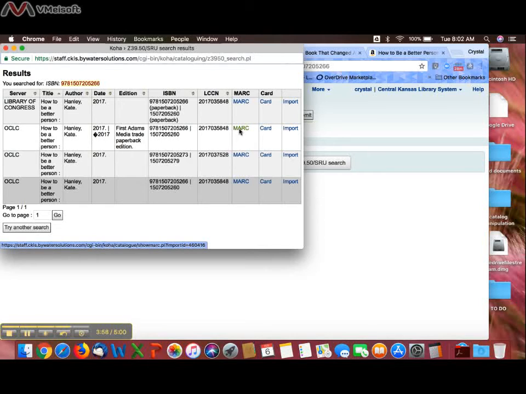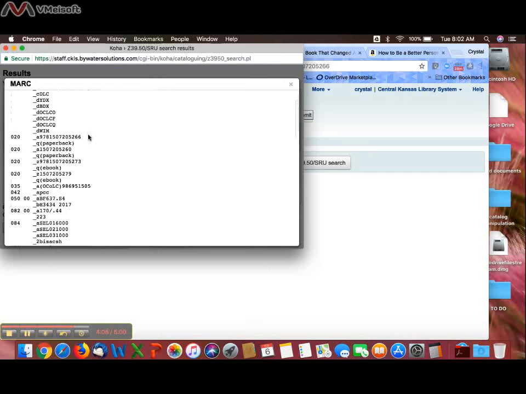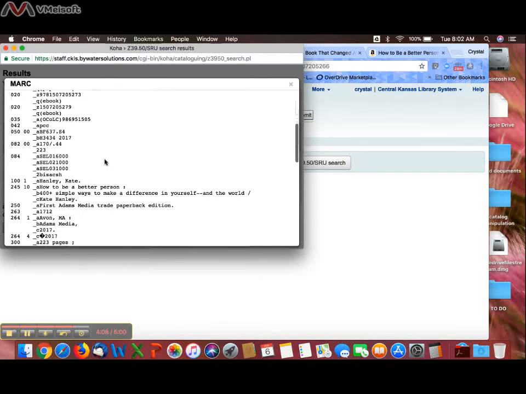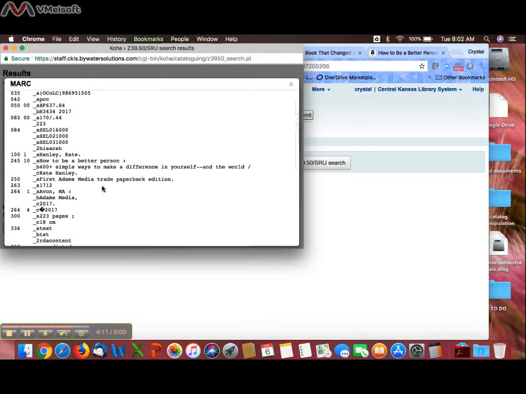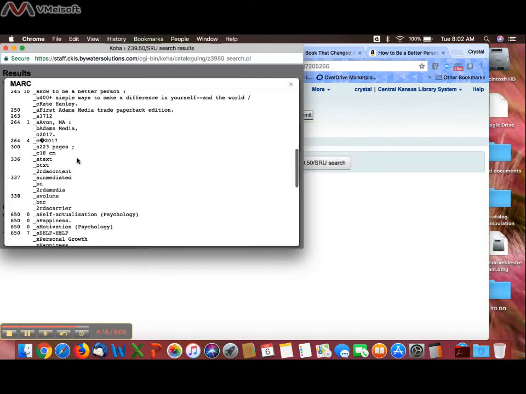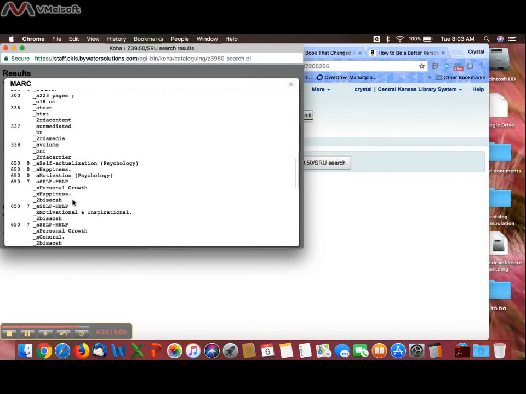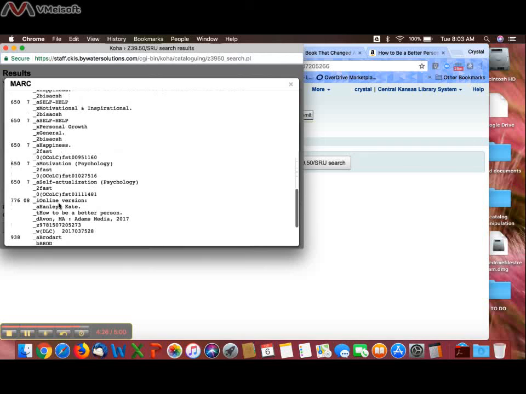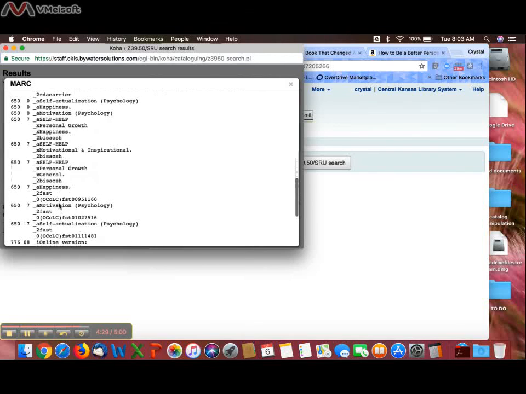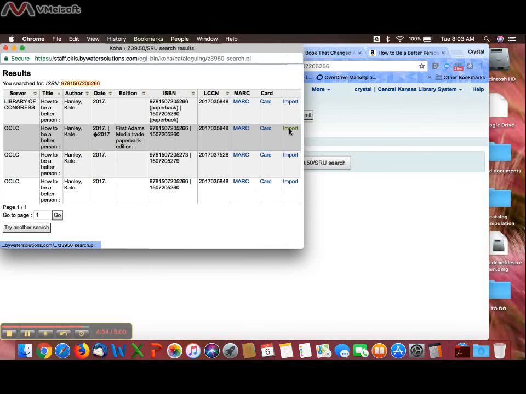For one final peek, I'm going to click on the MARC on the second one because that appears to be our best record. When you go into the MARC, you can see that there's the ISBN that we scanned. It also has the author, the title, it has the publisher and the copyright date, it has the extent, which is how many pages and the size it is. 336, 337, 338 are what we call RDA, and then here are the subject headings. So this is a fairly complete record, and we're going to go ahead and choose this one to import into the catalog. I'll select import,